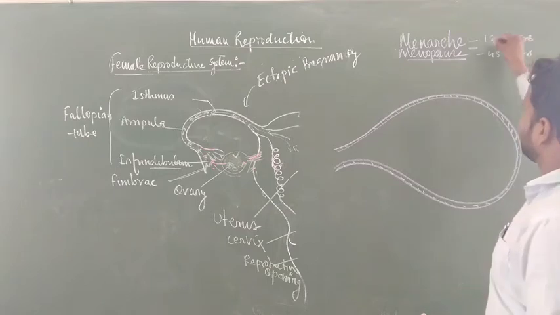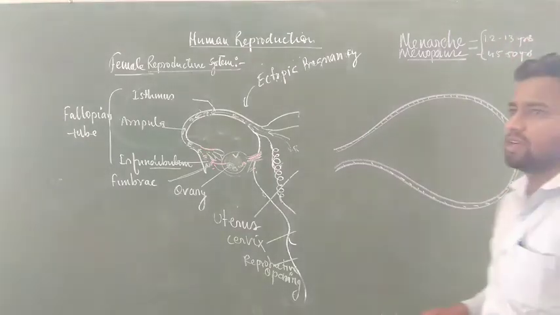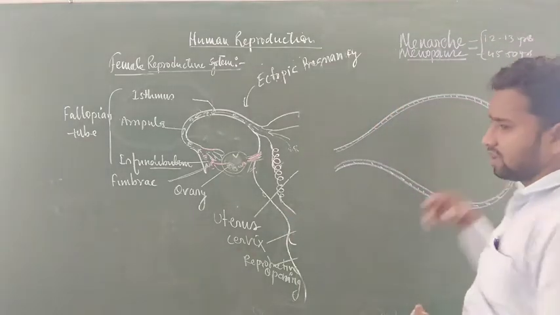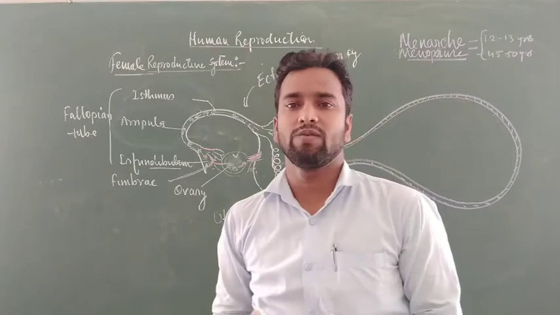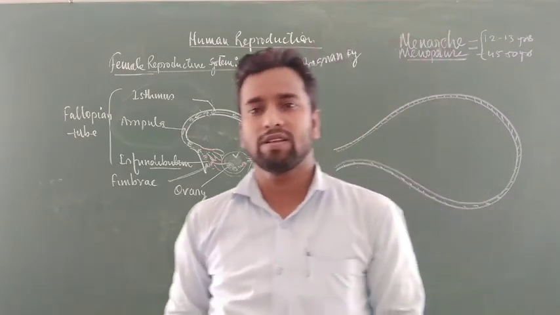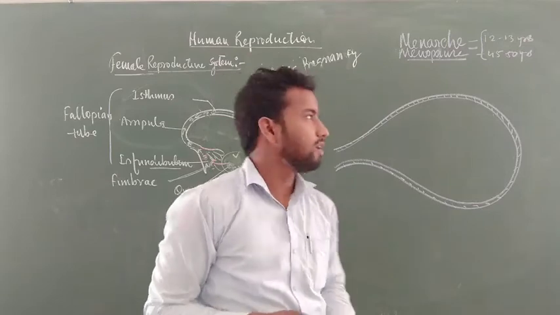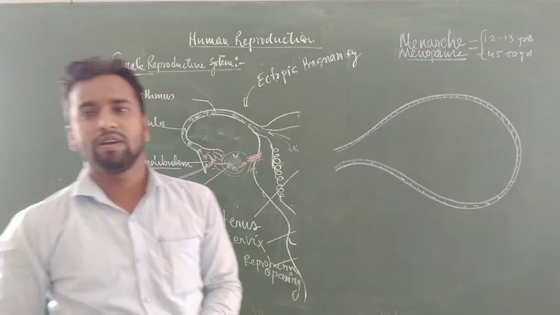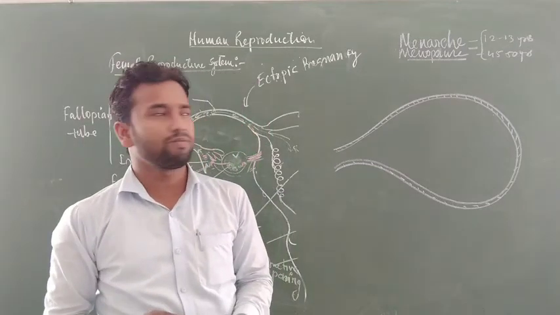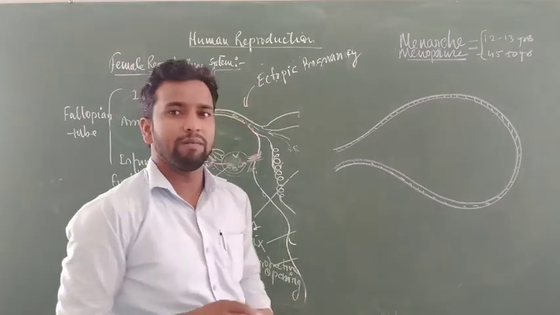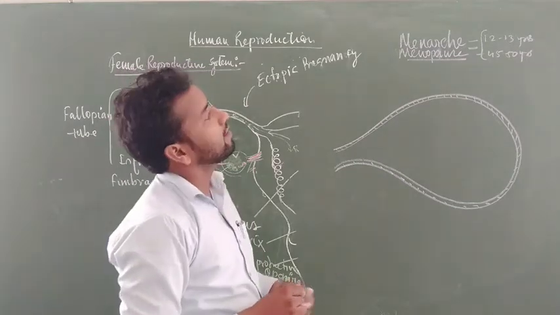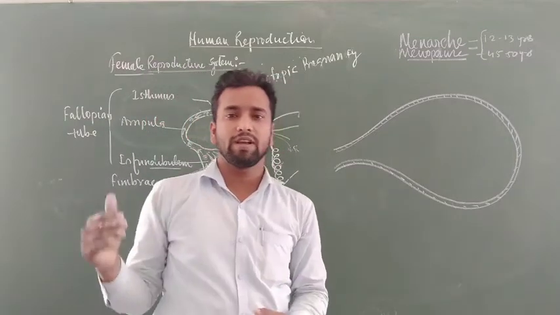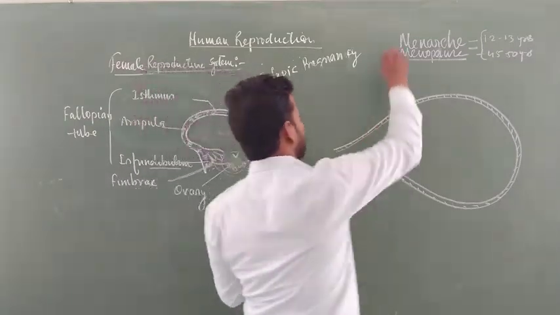This is fixed, and each year a female releases about 12 eggs. If you count the number of years in which the female produces eggs, you find about 300 eggs released in the whole life of a female. But in the case of males, per ejaculation they release more than 3 million sperms in a definite ml of semen, and male individuals release their male gametes up to old age. In the case of female this is totally different. These are two basic differences.